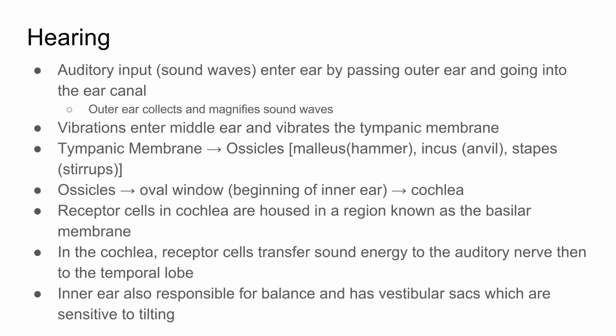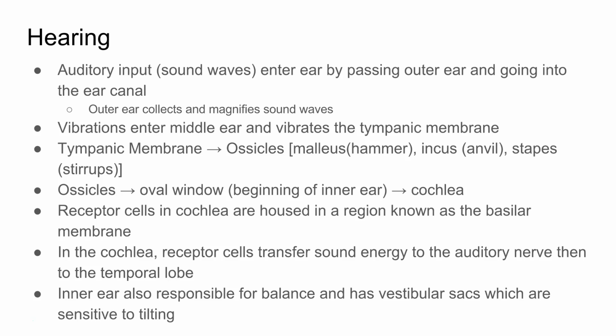into the ear canal. Then these sound waves create vibrations in the middle ear. And the middle ear vibration is in an area called the tympanic membrane. And the tympanic membrane then vibrates and is connected to the ossicles, which are three of the bones of your inner ear, or your middle ear. And those three bones we generally call the hammer, anvil, and stirrup. Their official title is the malleus, incus, and the stapes. But those three small bones in your ear